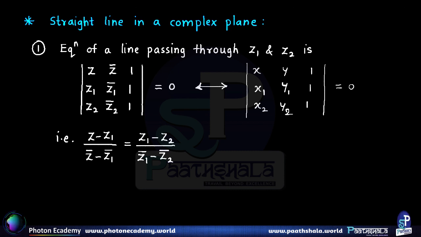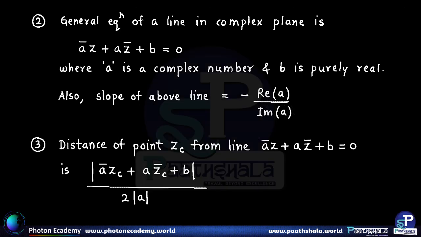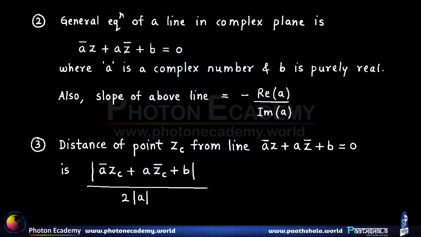Now moving ahead, with respect to this line in complex plane, we have the other parameters, that is, the general equation of a line in complex plane is given by a bar z plus a z bar plus b equal to 0, where a is some complex number which is a fixed complex number and b is a purely real number, and z is nothing but the variable here involved. Okay, so this is the general form of equation of a line in complex plane,